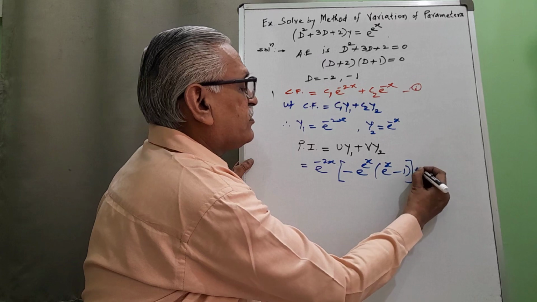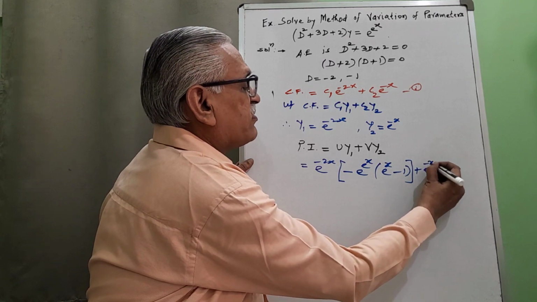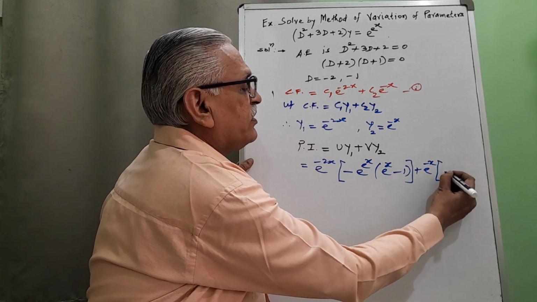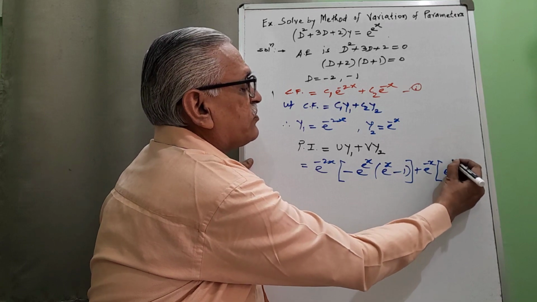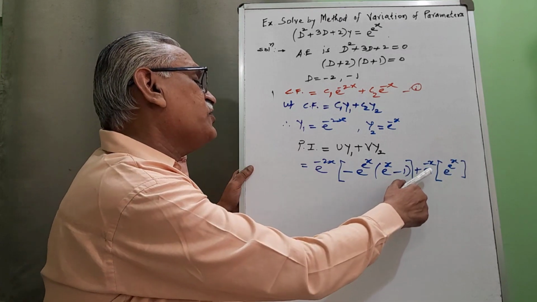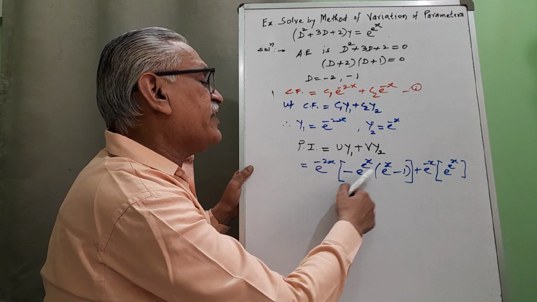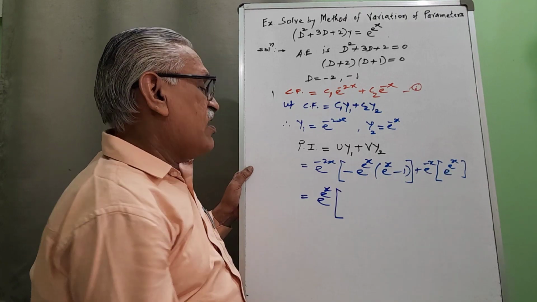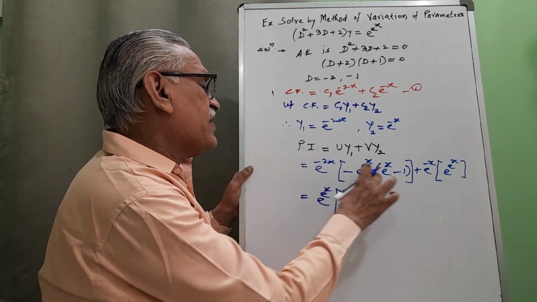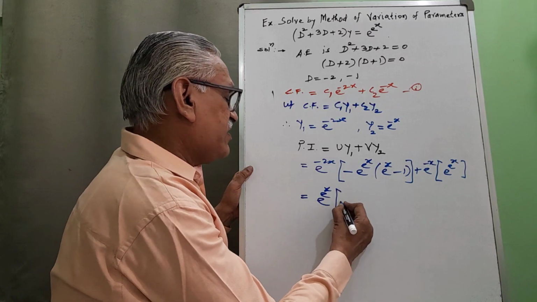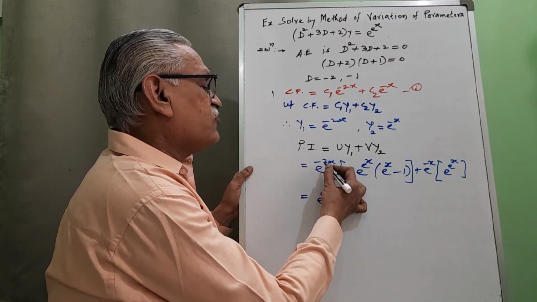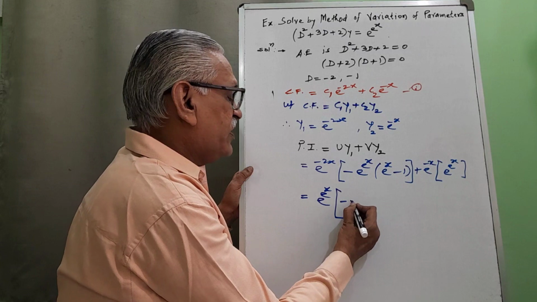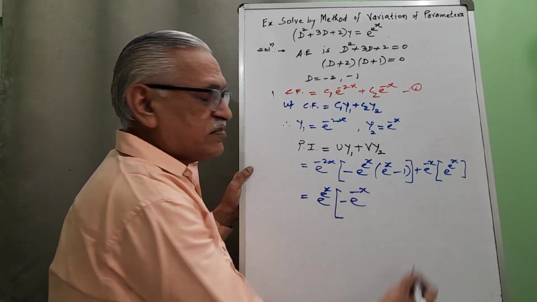The value of y2 is e raised to minus x, and v is e raised to x. Then from these two terms I can take e raised to x common. Remaining terms are multiplying here: this one is minus e raised to minus 2x into e raised to x, we get e raised to minus x